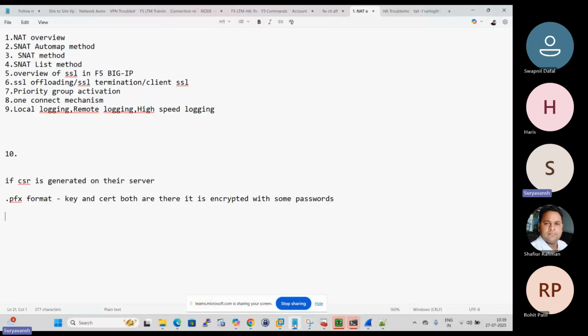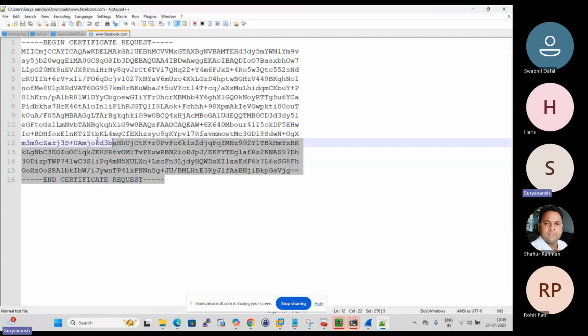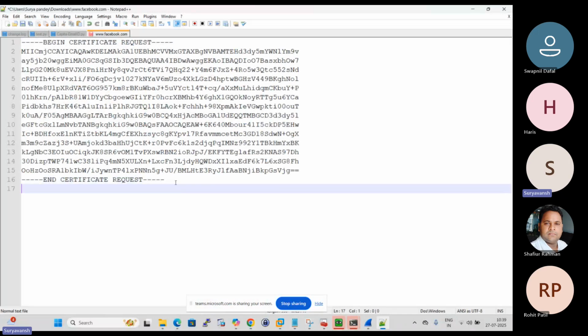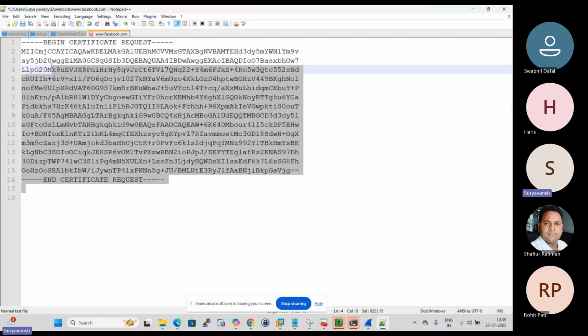And then accordingly, we can order it in our Notepad. First, we need to keep the server certificate and then hit enter. Then put the intermediate certificate here. They will mention the name, then hit enter and then paste the root certificate. And then copy this,